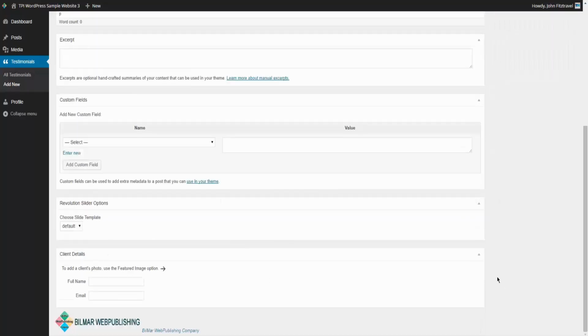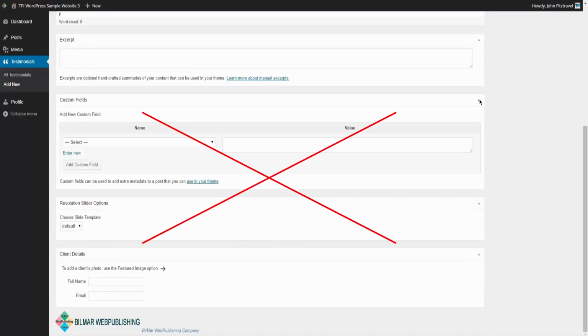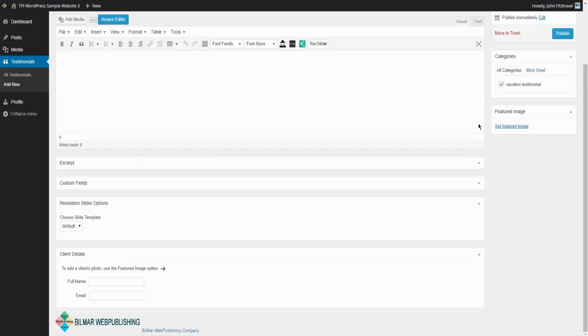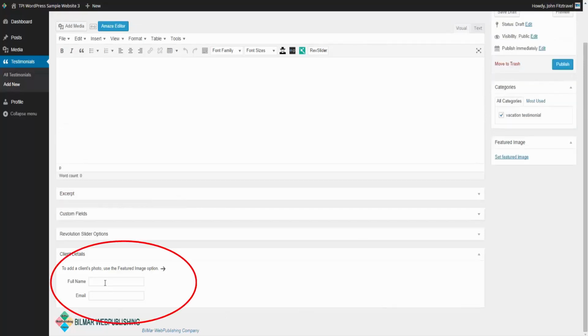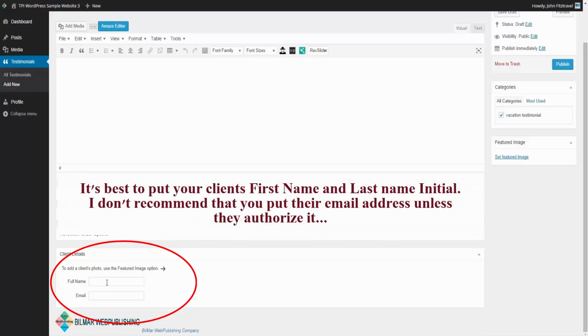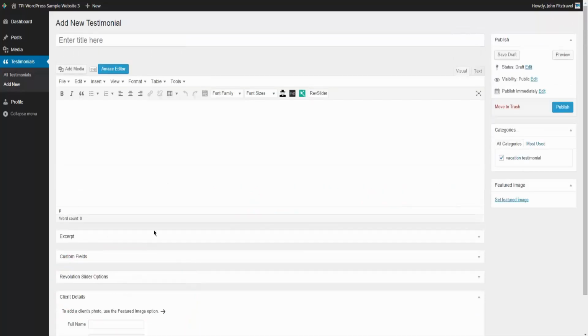And then what you want to do is come down here, ignore these here. Don't have to worry about these here, but at the bottom you want to put your client that's sent you the testimony, you want to put their full name or their first name and their last name initial. And if you want, you can put their email address. I would leave that blank, but put their name in there,